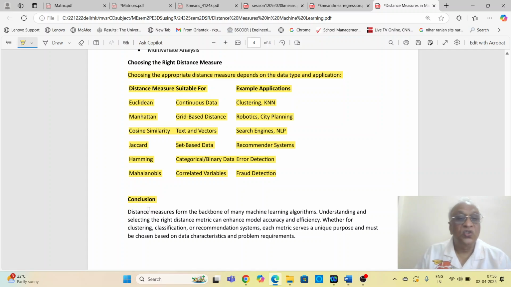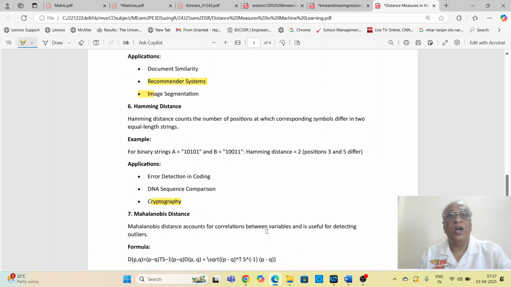Is it not? So from this discussion, we know the importance of distance measures in machine learning, right? So it is very important that I should select the appropriate distance measure so that my model becomes more accurate and more efficient. So I know that distance measures are used in various machine learning applications like clustering, classification, recommendation systems. Is it not? Now, coming to